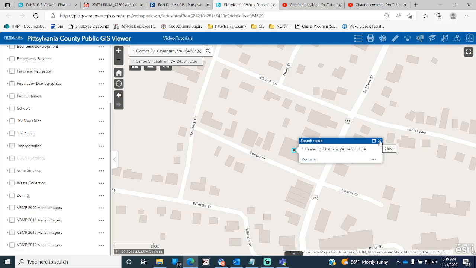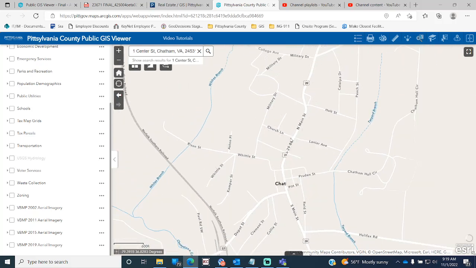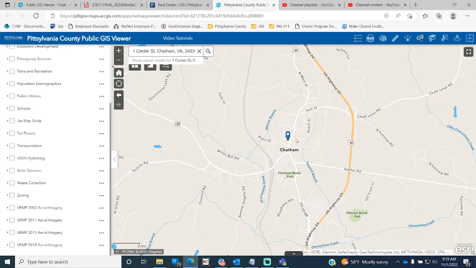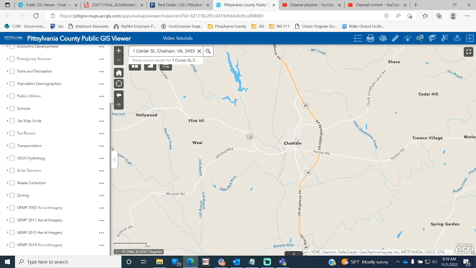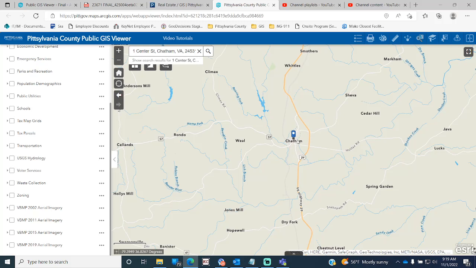So then you have a few options here. You can get directions to and from here. Add a marker if you want to visualize that location in the map with that. Okay, so,